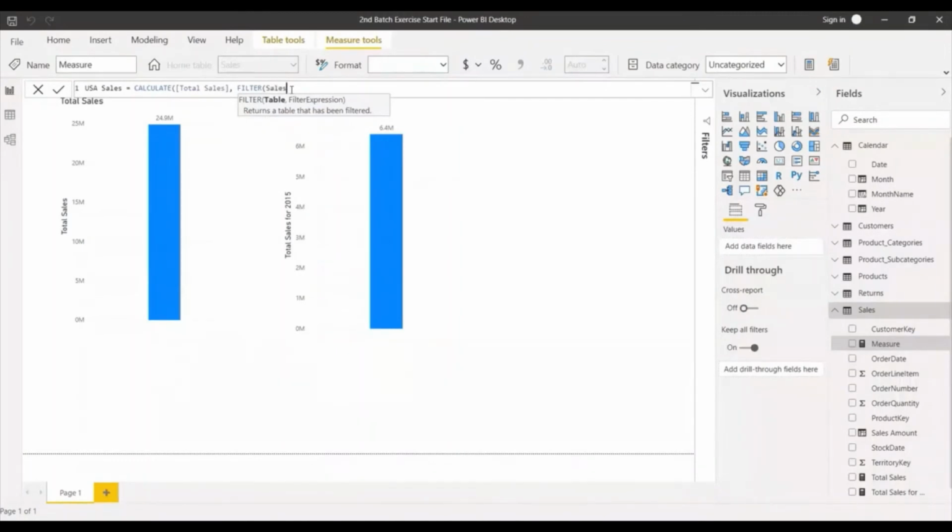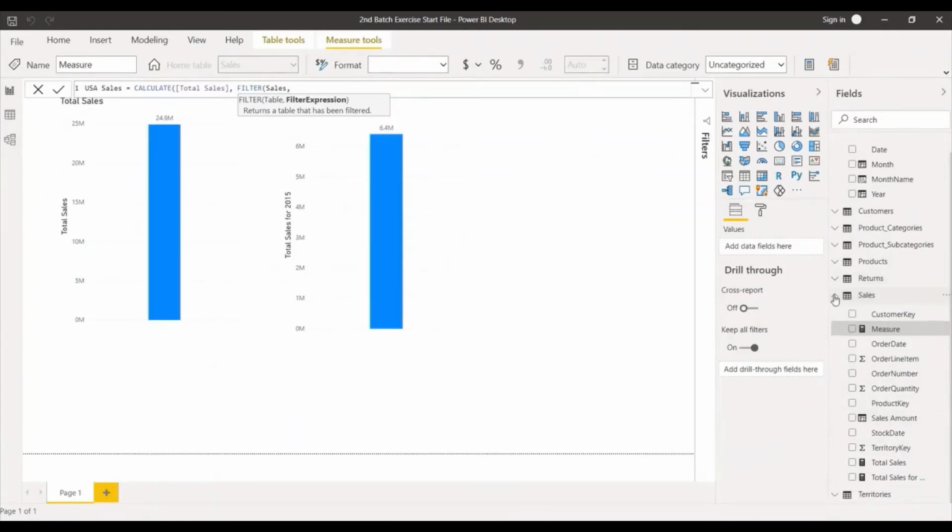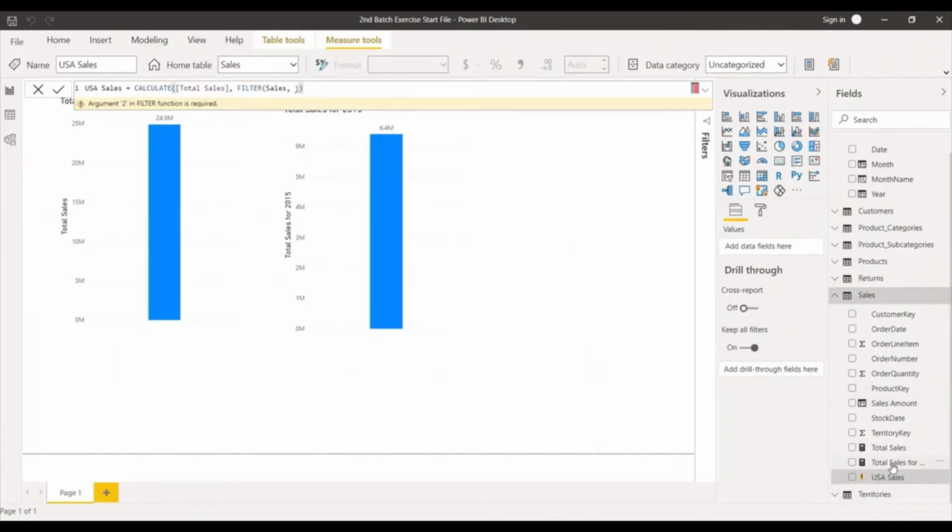In the sales table we have only the territory key. The country name is in our territory table. Just a moment, I'm taking you to that environment.